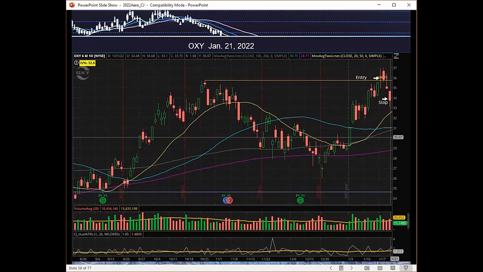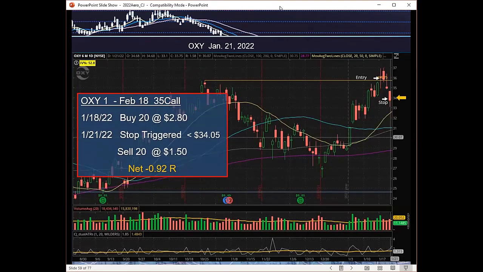I don't know if you can see on my stock chart. We do. My stop was near the lows of these 3 days, and on this day, the 21st, it got triggered. So that alert went off. I was not on my computer, but I got there in less than a minute. And then I saw, oh, this is not looking good. Time to get out. So I got out a few minutes later, and I was able to get $1.50 for those calls. So that's how that activity transpired, and that's typical.